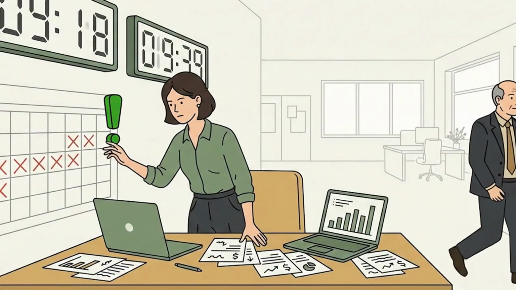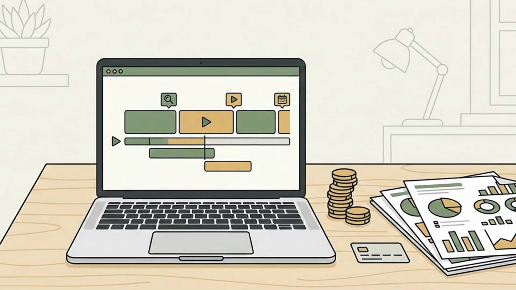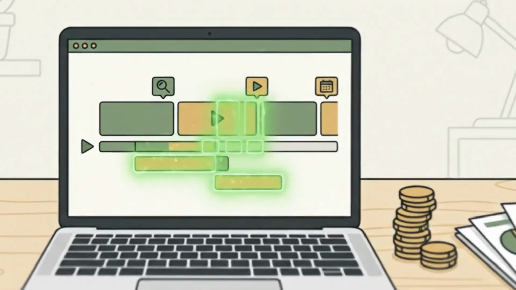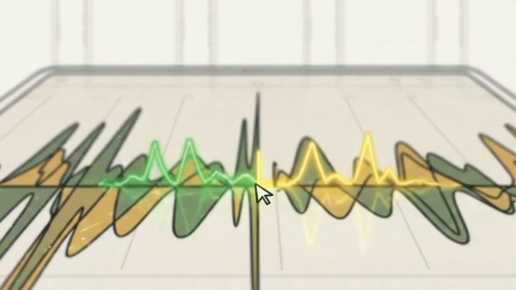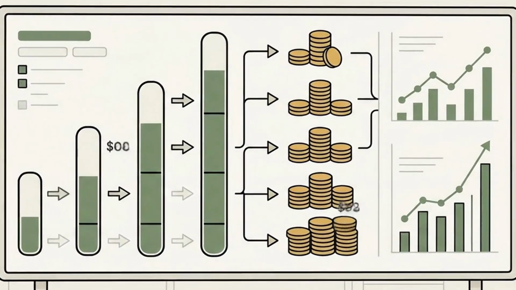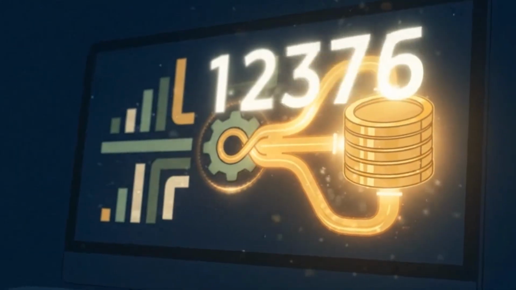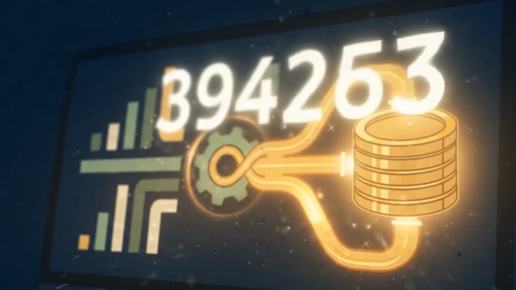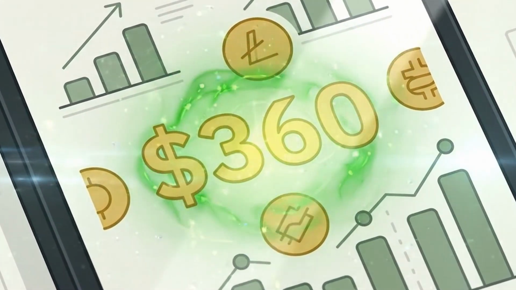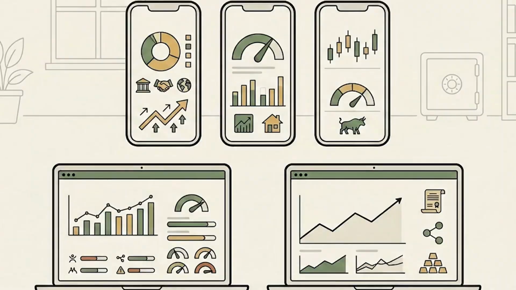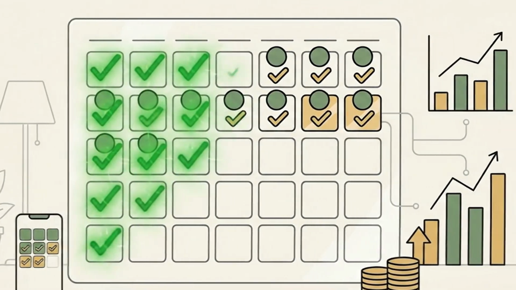The problem is, they don't have the time to do it themselves, so they pay others to do it for them. Your task is simple. Take their long video, cut out the highlights, and publish them as short clips. For every 1,000 views, you receive a fixed rate. It doesn't sound like much until you start calculating. One clip with 300,000 views at a rate of $1.20 is $360. Multiply that by 5 accounts. Multiply that by daily posting.